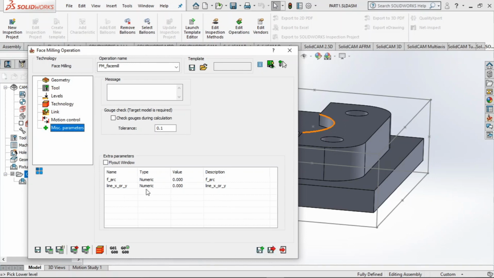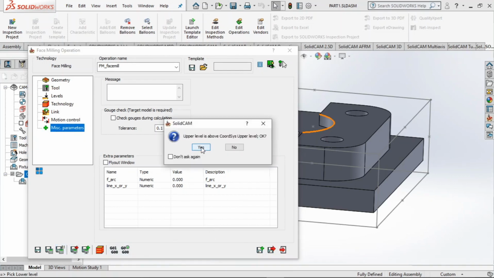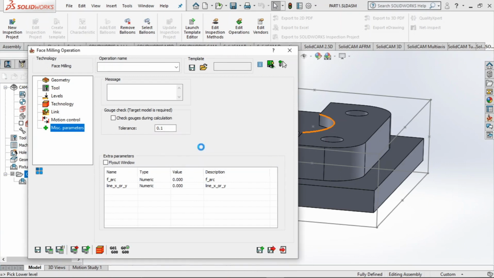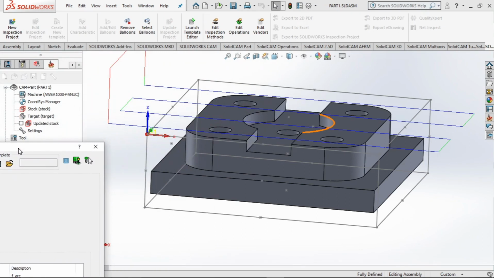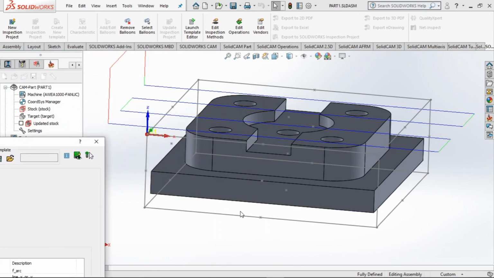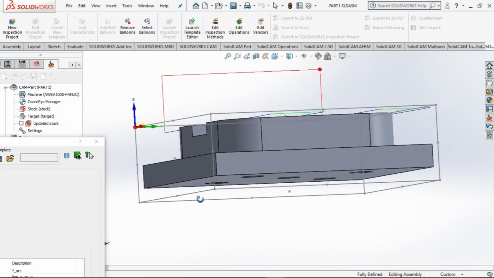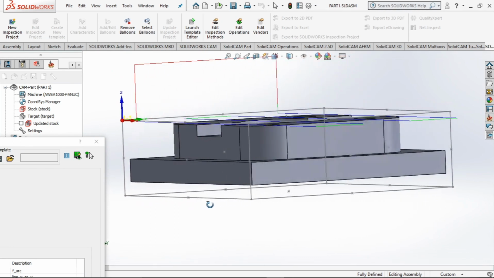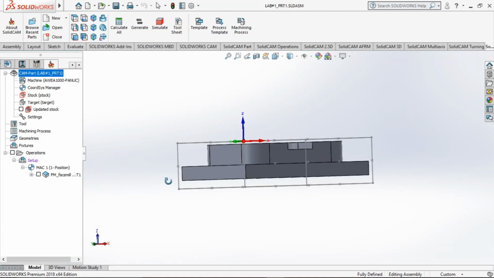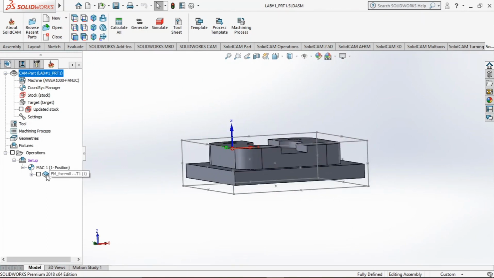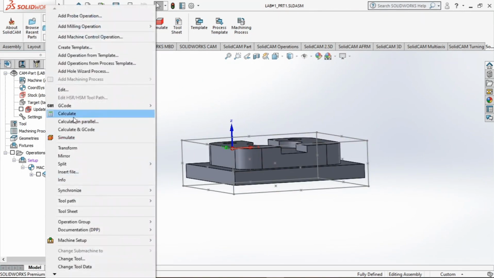So now we can calculate, right? Save and calculate. So now you can see there's the machining sketch, right? Okay students, so we'll simulate this. So calculate,